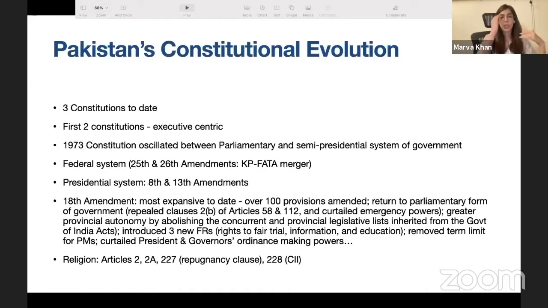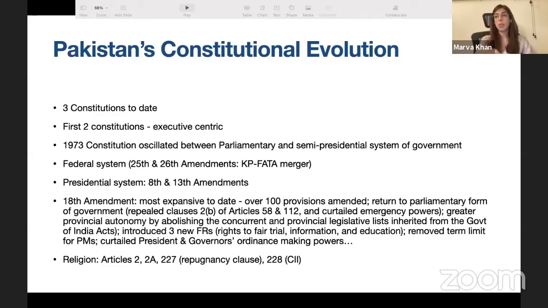So if we go forward to our local constitutional regime, we've had 3 constitutions to date. The first 2 constitutions essentially were very short-lived and also very executive-centered. When I say executive-centered, I'm talking about excessive powers for the dictatorial regimes, which, if not a semi-presidential system, was a very, very strong presidential system. It was much stronger than what you have or have had in the United States. So those 2 systems really can't be compared.